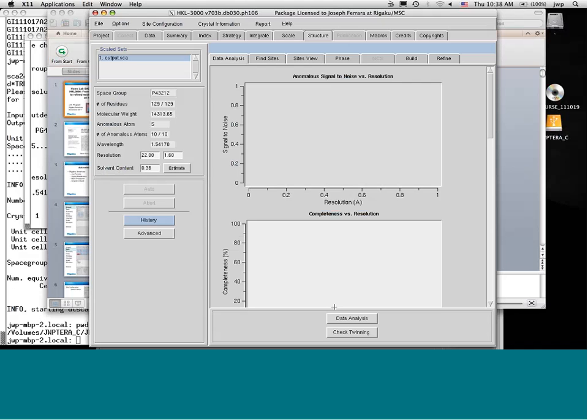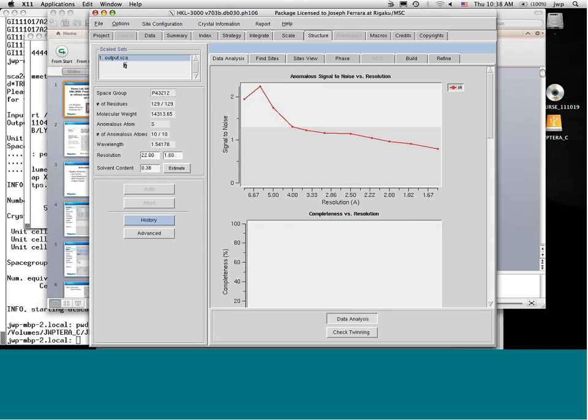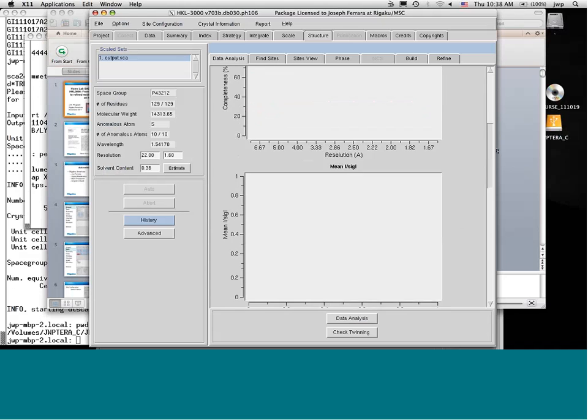lysozyme here. So I've popped out of my PowerPoint and I'll click on data analysis. The output.sca file is here for that lysozyme that we just did. And here's the anomalous signal to noise. Beyond about 4 angstroms resolution, we've gone below the suggested value of an easy solution by the authors of this